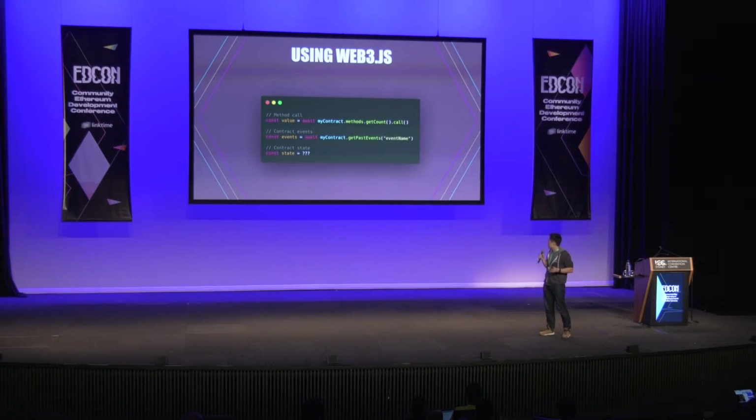And for contract events, if you have a WebSocket provider, you can subscribe to it and do all these different things. But if you don't, and you want to make sure that you write your dApp so that you don't assume people have certain types of providers, we have myContract.getPastEvents, and that'll just give you all the events with that particular event name. And finally, contract state. There's just no way for you, right now, to use web3.js to just give me all the contract state. It's just not possible, not unless you take the logs and decode them and stuff like that.